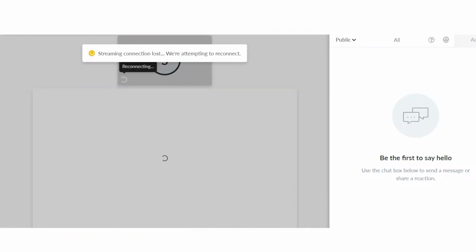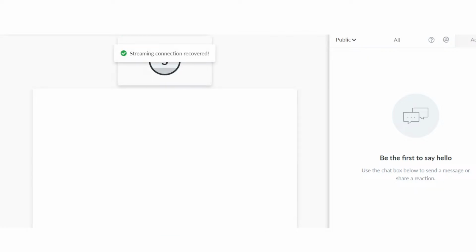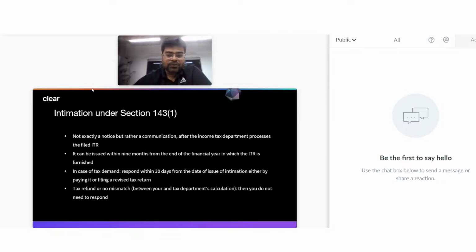Position or then there is no requirement for you to respond, right? In case of refund, the amount will be coming to your bank account within certain days, so there should not be any issues, right? Moving on,